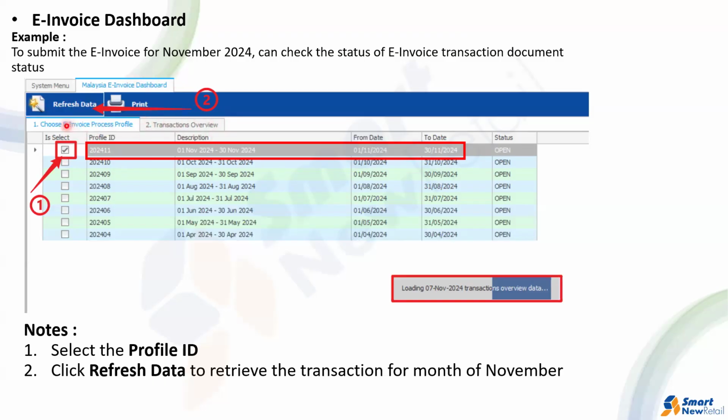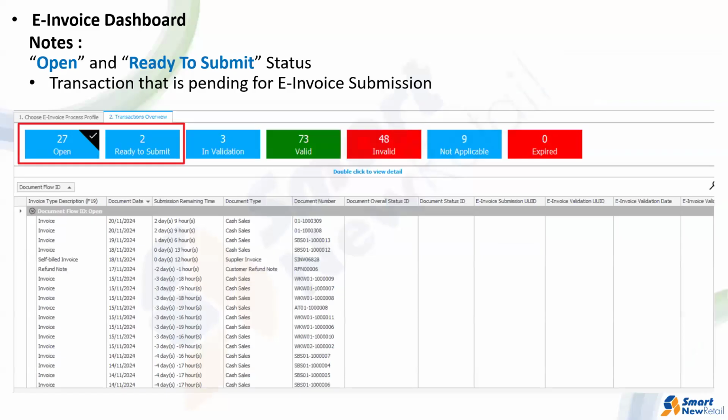When you open the dashboard, you are at the first page. Then select, have a tick, refresh data. You can take multiple months also, but that one is maybe when you're trying to review. But if you're trying to do submission, I suggest you only select month by month. Okay, select the month, refresh data, and we will go to the second page, the second tab, where